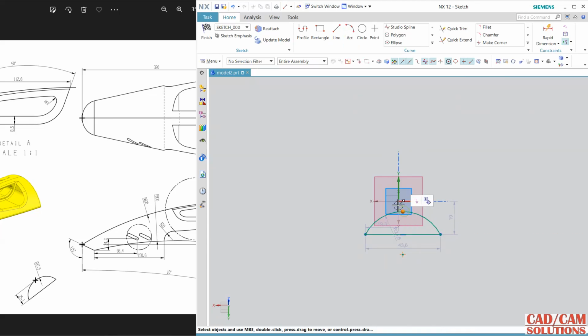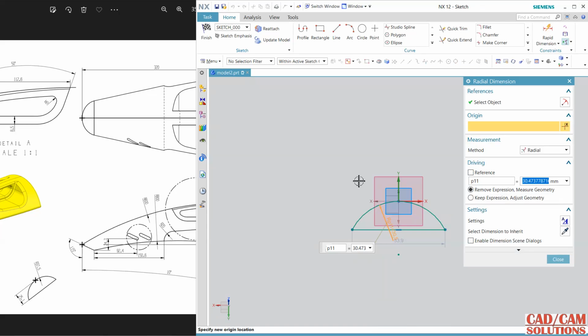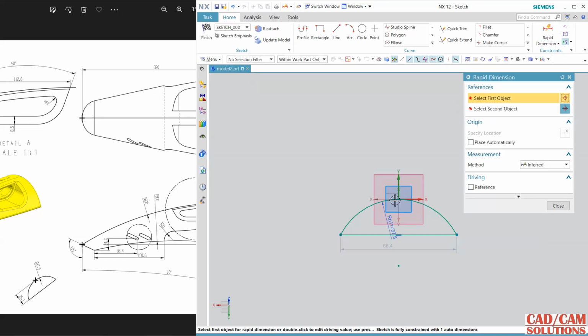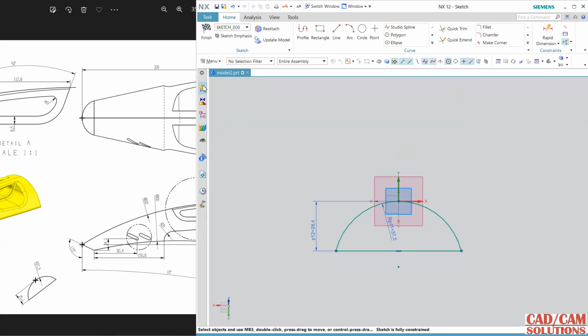Now pick this point and this origin, make them constant, and the radius is 37.5, and go to rapid, and the distance between this and this horizontal gap is 28.4. Close. So this is my first section.